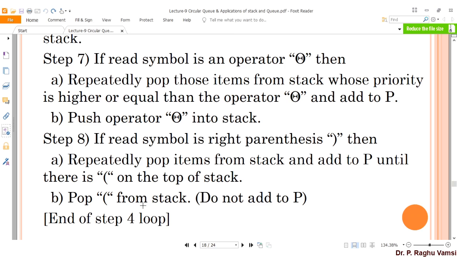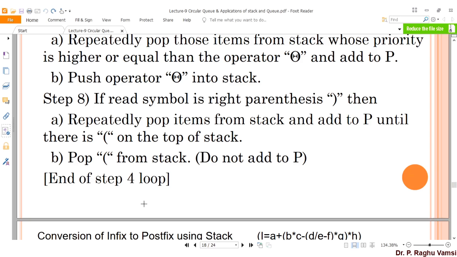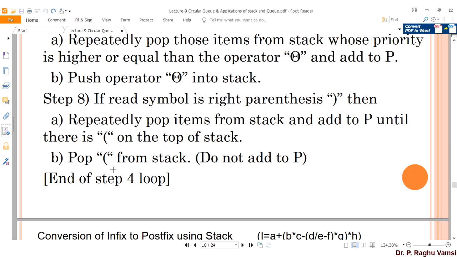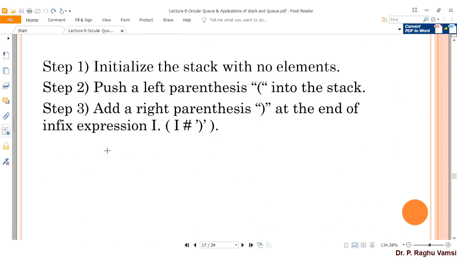Then pop the remaining element, but you should not add it to P, because the last leftover element is the bracket open, which was placed at the beginning and pushed into the stack. So that is the reason we cannot add it into the postfix expression.